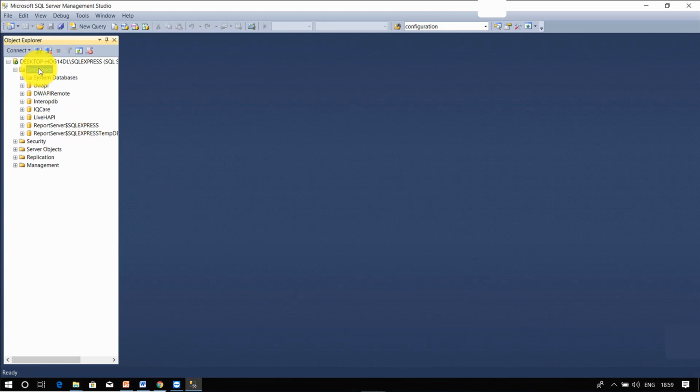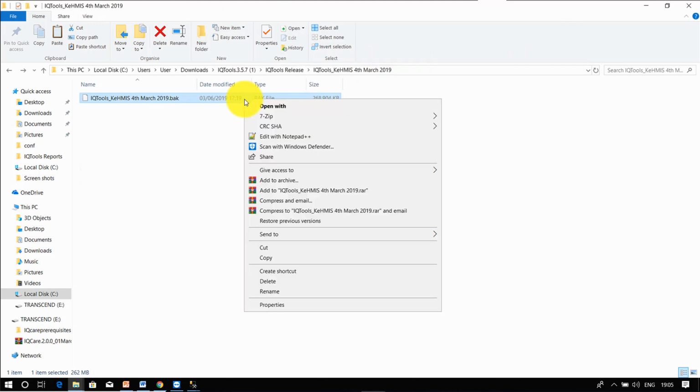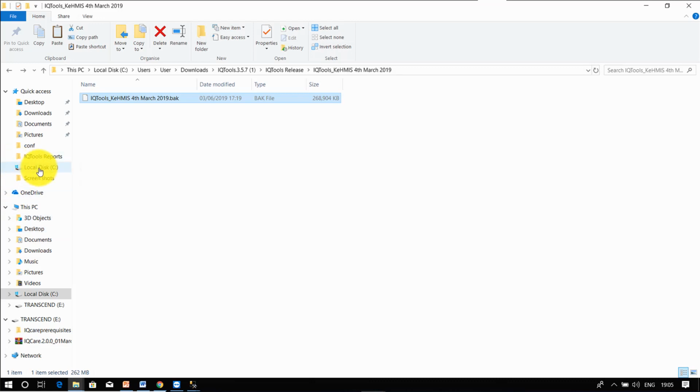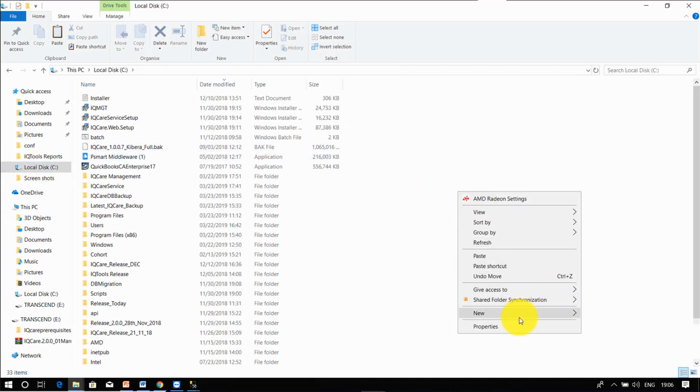So we are going now to copy the database file. Then open Drive C. Create a folder in Drive C. Name it IQ Tools Database.